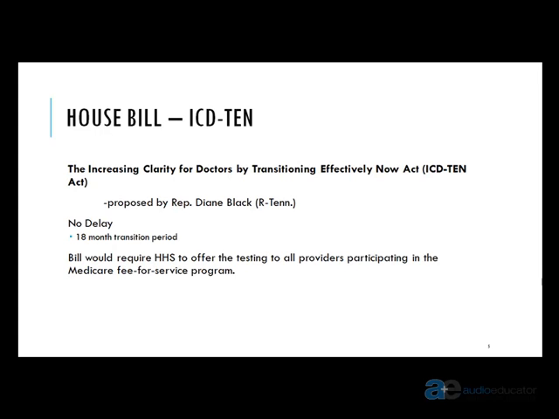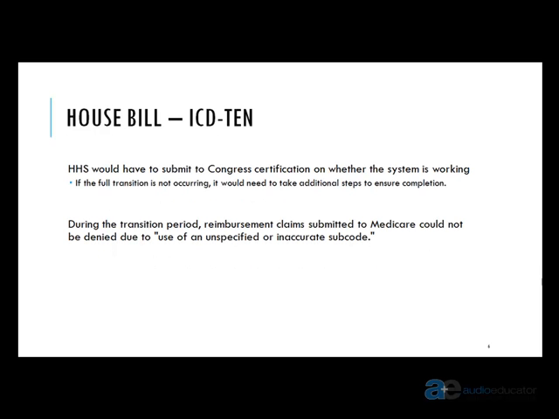Now, I think the important thing there is subcode. You have to be close, is my guess. You can't have the wrong part of the body that you're looking to get payment for. I think you have to just be in the right part of the body, and perhaps as we drill it down, not quite as specific as you needed it to be. But we'll have to hear more about that from Medicare carriers and from CMS, remembering that this is an announcement that CMS has made, but your Medicare carrier, for me in Michigan, WPS, for you, it could be Palmetto, it could be CGS, it could be a lot of different ones. We're going to have to also wait for how it trickles